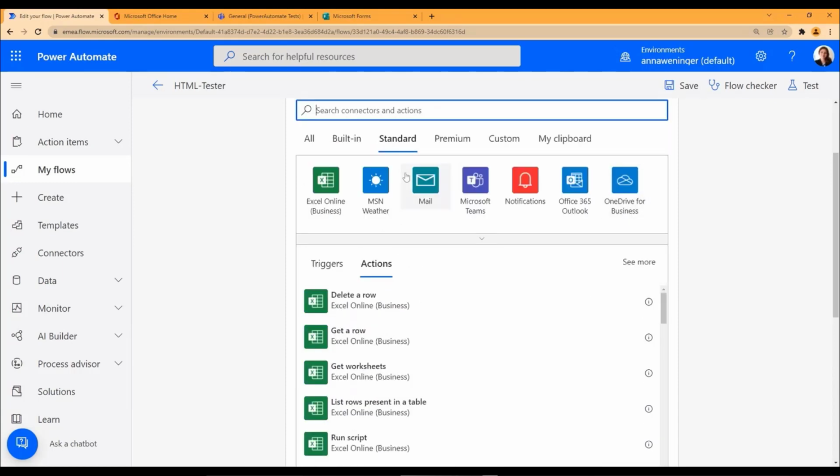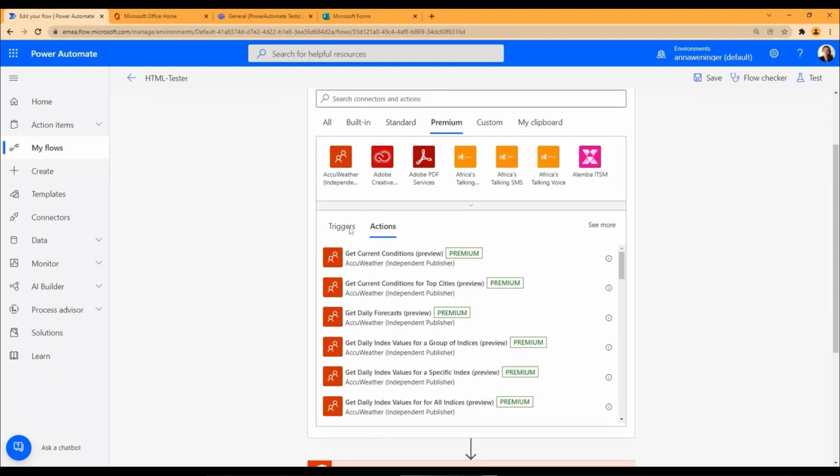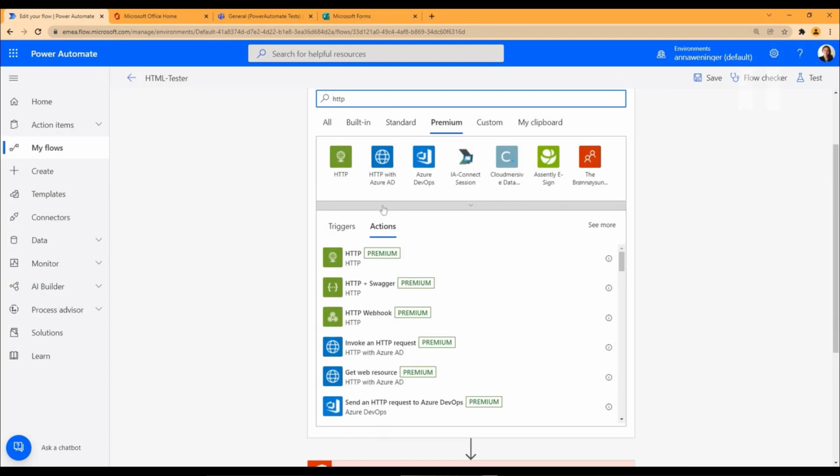Cool. And then just one more thing to remember, the so-called premium connectors. Premium means that this is not covered by the basic license. And that means that you would have to get, for instance, a PowerAutomate per plan, per user license or something on top, or it could also be AI features. And these are usually, I tend to say, those connectors that make your PowerAutomate automations a little less technology agnostic,